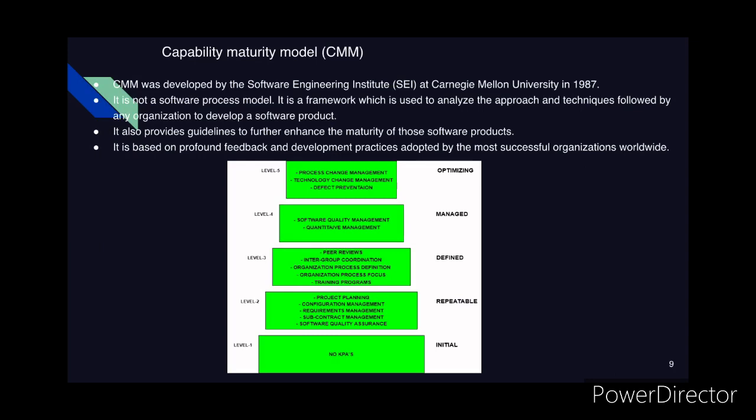Fourth is organization process focus. It includes the activities, that means the tasks and practices that should be followed to improve the process capabilities of an organization. Last one, training program. It focuses on the enhancement of knowledge and skills of the team members, including the developers, and ensuring an increase